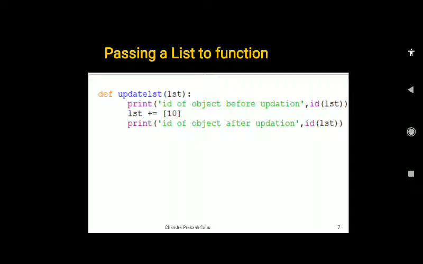At line number 2, it is clear that lst must be a list, otherwise this addition will not be possible. A list can be added with only a list. So to use this function, you can pass a list from the console when calling the function, or from any program when calling the function.